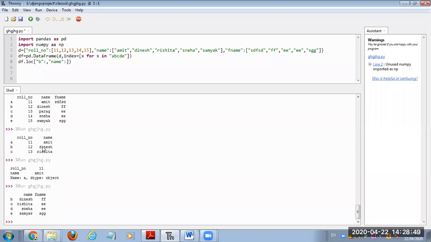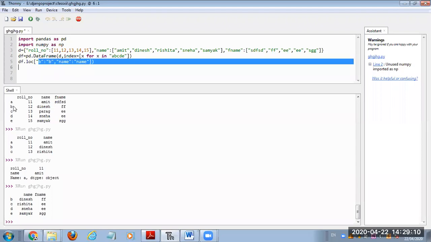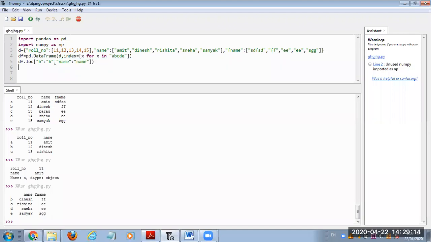What does it mean actually? df.loc B to B means only the B index row. Name to name means only the name column. Or I'm not providing any column value.